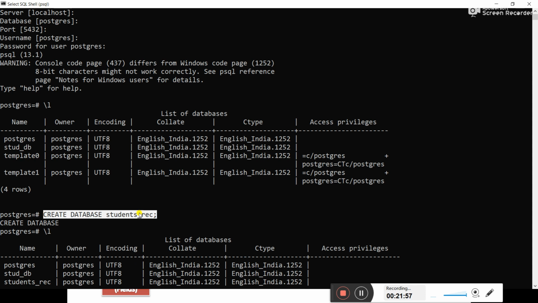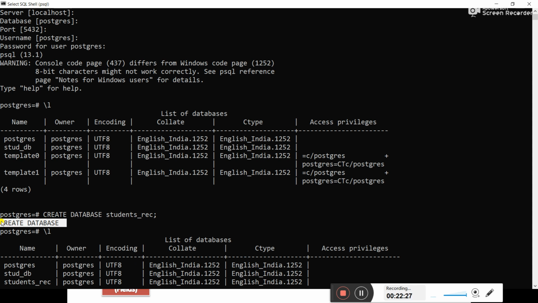Semicolon is compulsory as it is the end of the statement. After pressing enter, you will get the create database message. If you get this message, that means you have successfully created a database. If you have not, it will show you an error.